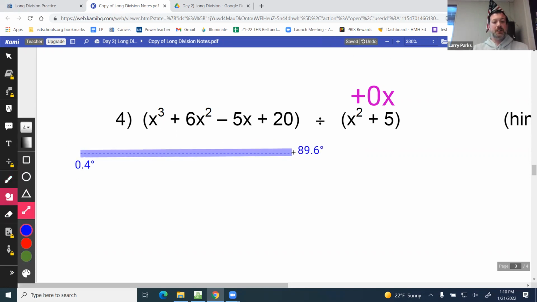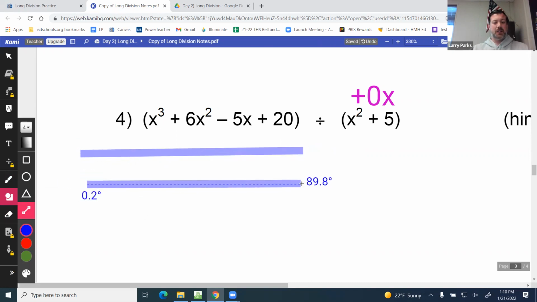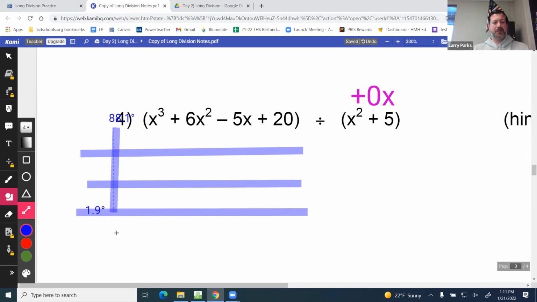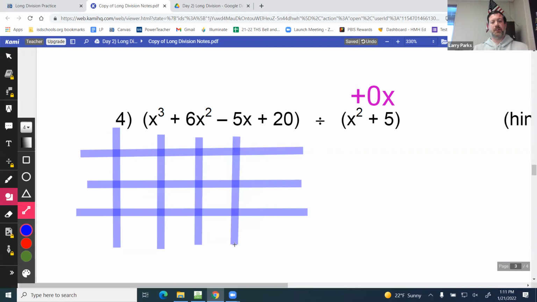1, 2, 3. And I need about 4 that way. So 3 that way, 4 this way. 1, 2, 3, 4. All right. So what we're going to do is put x squared plus 0x plus 5